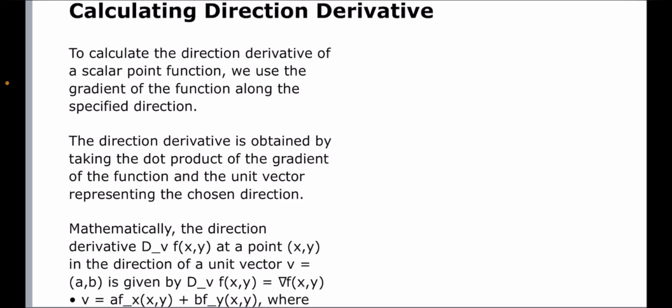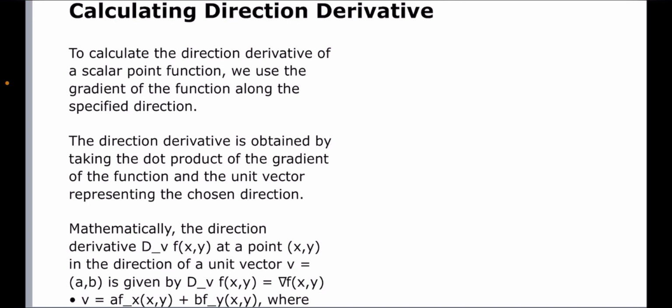Mathematically, the directional derivative D_v f of f(x, y) at a point (x, y) in the direction of a unit vector v equals a i plus b j is given by